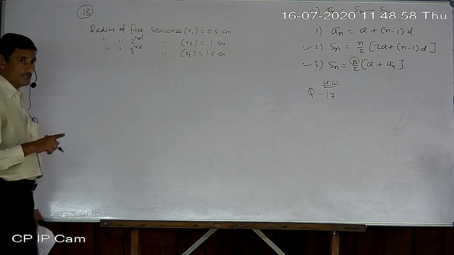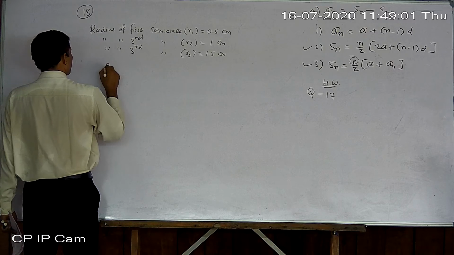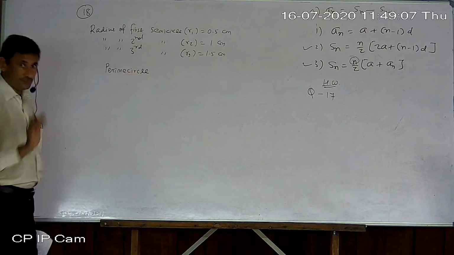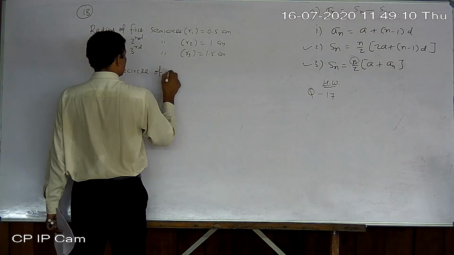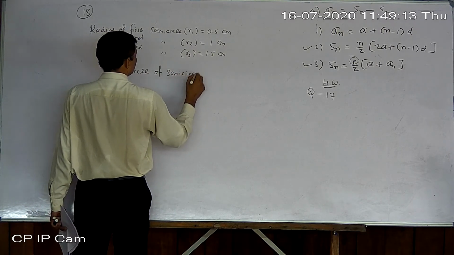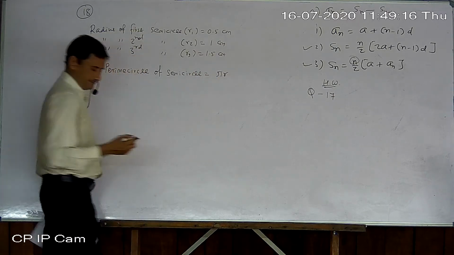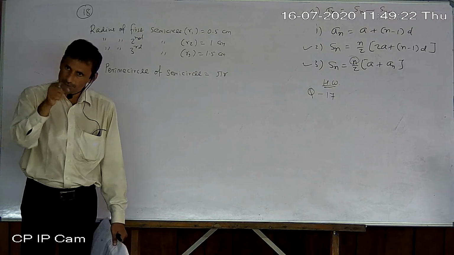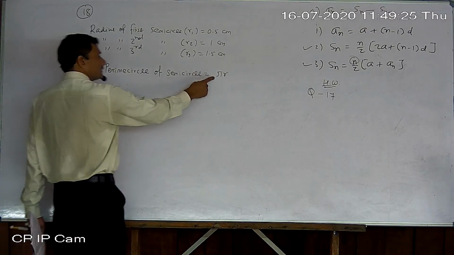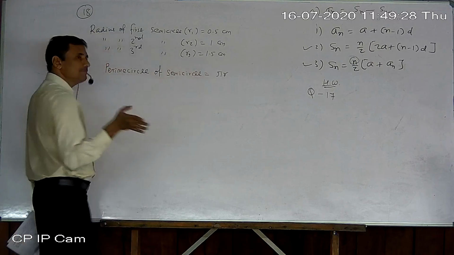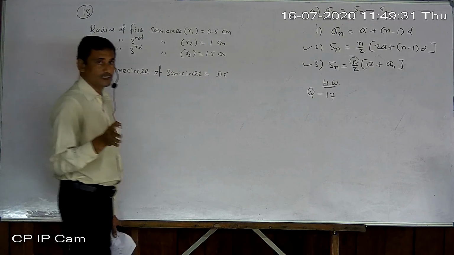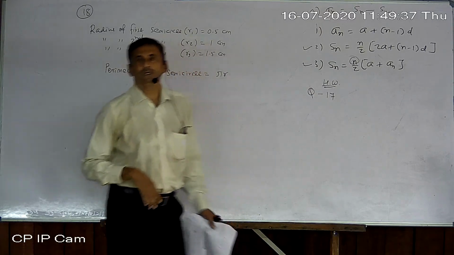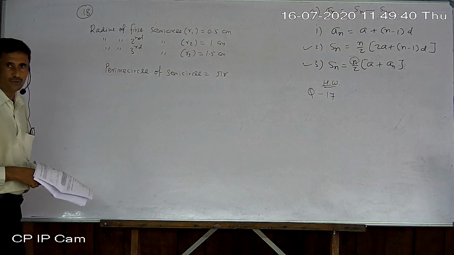Now you know the perimeter of a semicircle. So write down the perimeter of a semicircle. It is also called the semicircumference. Perimeter of semicircle equals pi r. Why pi r? Because the whole circumference is equal to 2 pi r. This is the semi-circumference. The circumference formula is 2 pi r, but for a half circle we make it half. So it will be half of 2 pi r, meaning the 2 cancels out, so pi r.